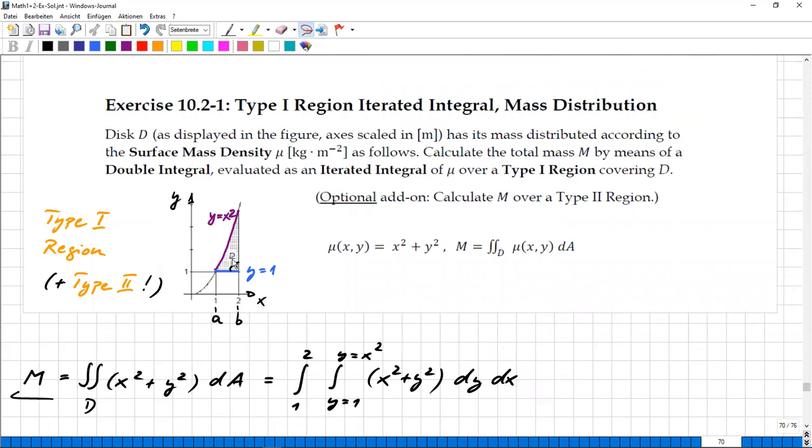This was just an application example, but anyway, we had a certain area in the xy plane which we had to go through. We had to go along this disk in order to sum up the surface mass density